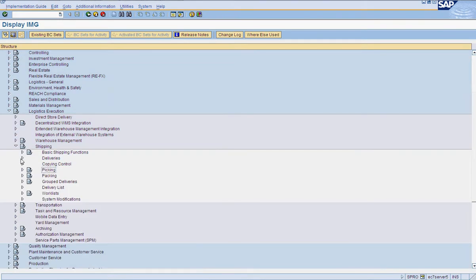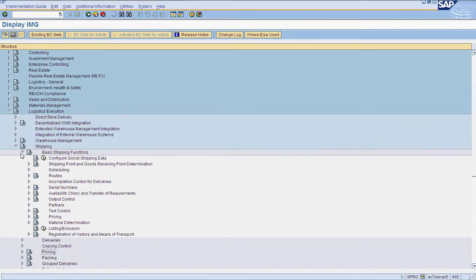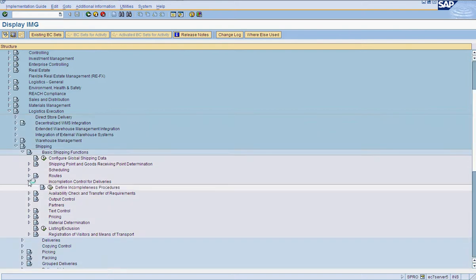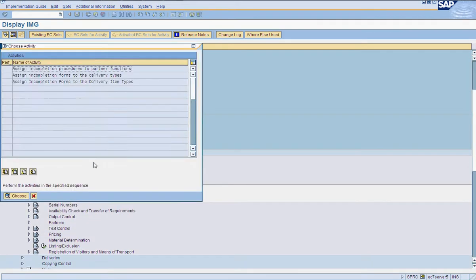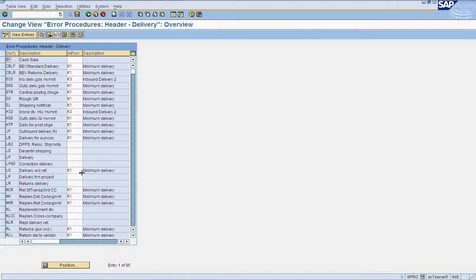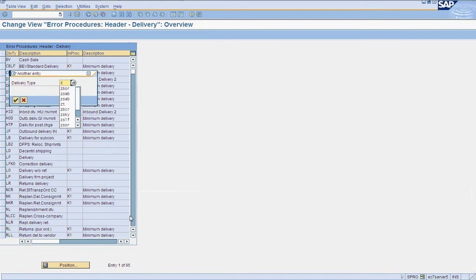Now we have to do basic functions like define incompletion control for deliveries. We'll just use standard ones. So go to delivery type incompletion for Z sub, our delivery type.